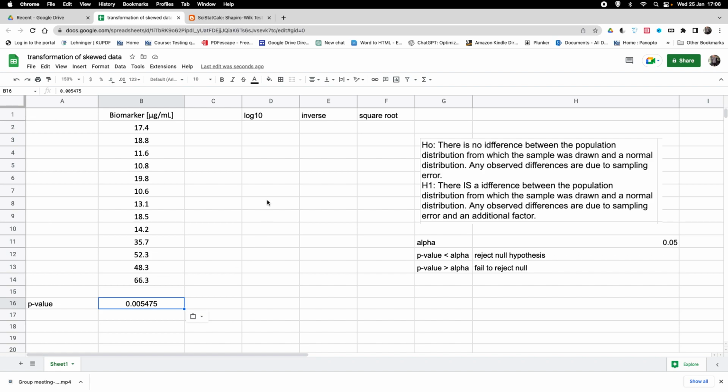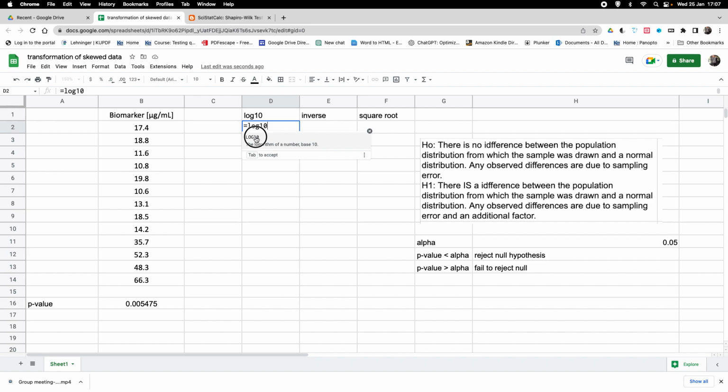So what can we do? Well, luckily we can do some transformations. So for example, instead of the raw values for the biomarker, we can calculate the log 10 value for these data. That is fairly straightforward. So log 10